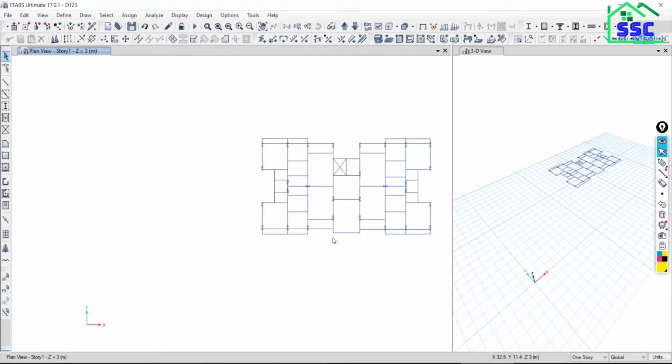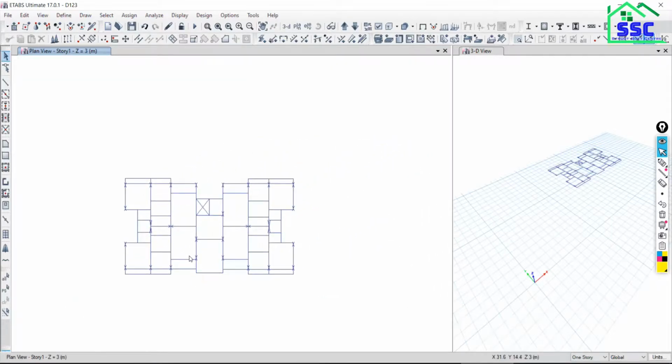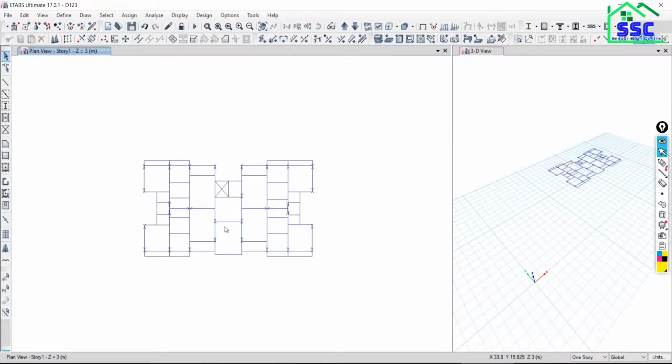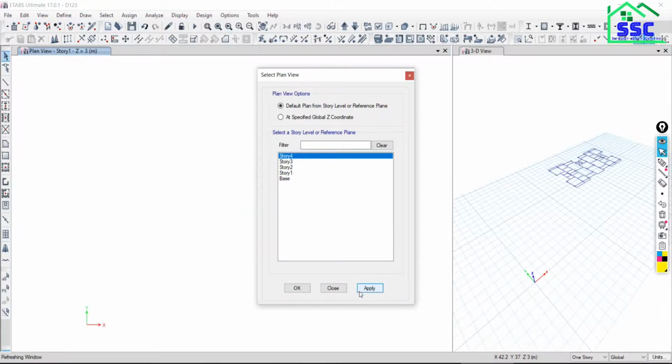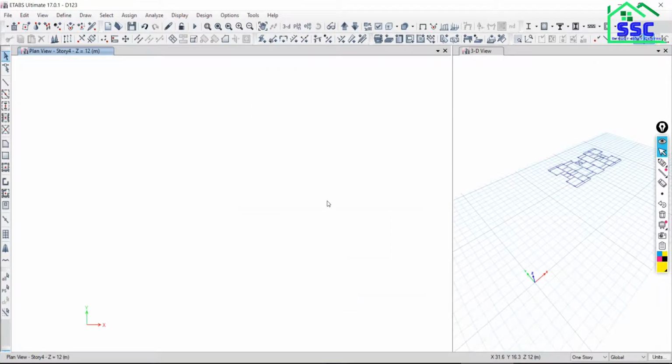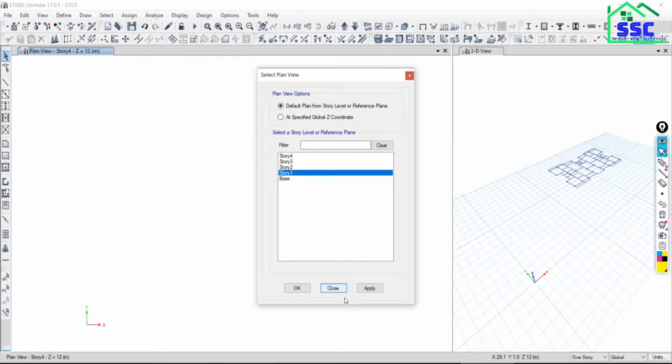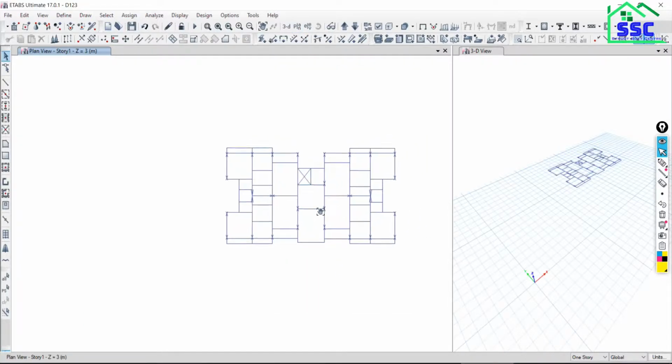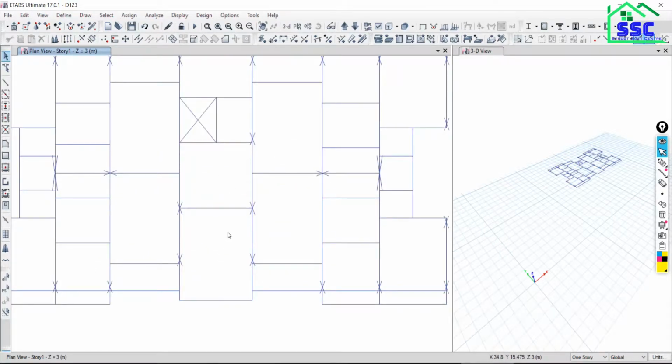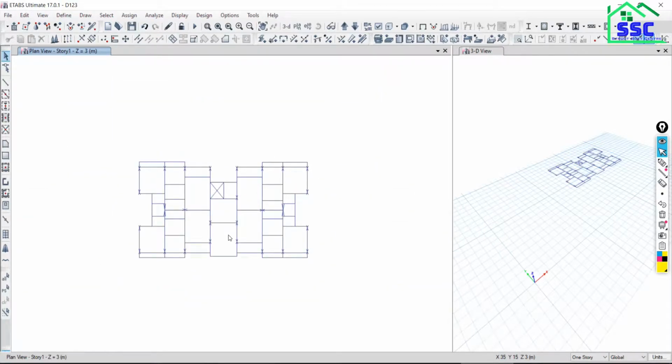Every time I need to keep it at the center and zoom in. When I am going to the second or fourth story, and then coming back to the first story, again I need to keep it at the center and zoom in. Is it a problem or not?